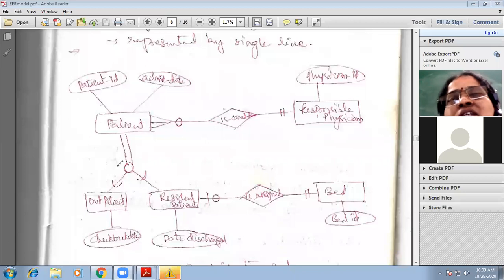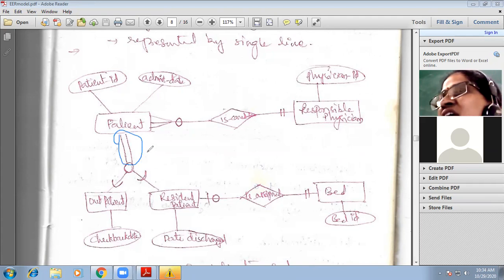Is it total specialization rule? Yes, ma'am. Yes. Why? Because the instance of patient should be either inpatient or outpatient. If a person comes to hospital, he should be either inpatient or outpatient. When he comes to hospital, we will say he is a patient. If he has some problem, he may join in the hospital. If he doesn't have problem, we'll say he is an outpatient. So the instance of patient is a member of any one of the subtypes, compulsory. So what we are saying is called total specialization rule.